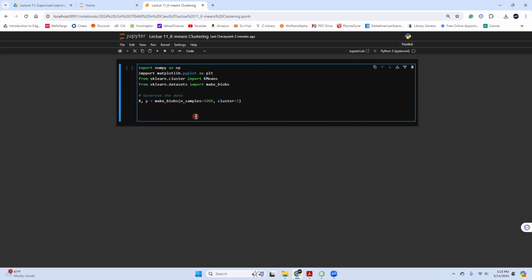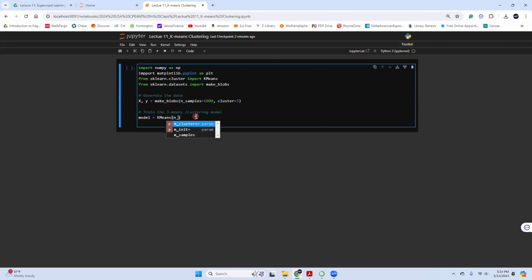Okay, and then I'm gonna train the three-means clustering model. So to train it, model equal to KMeans, and then I'm gonna say the number of clusters equal to 3.